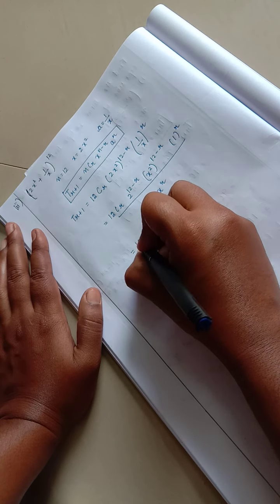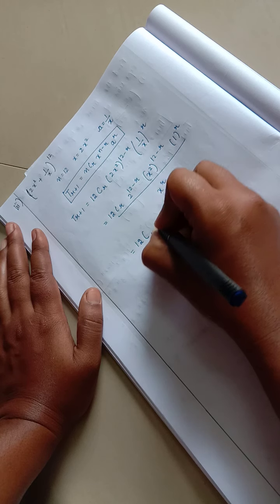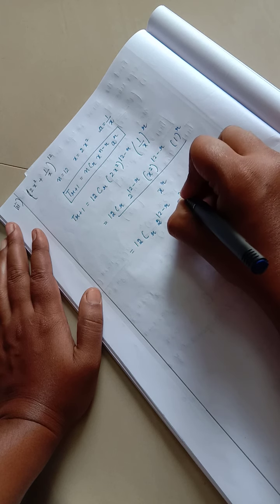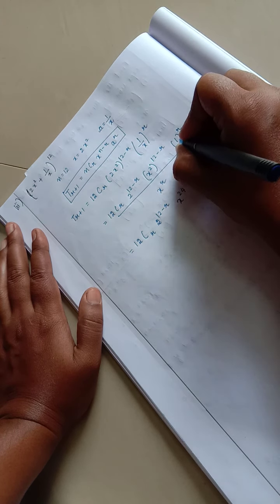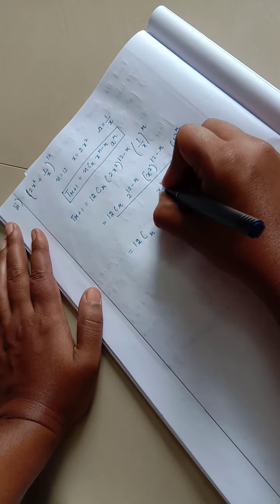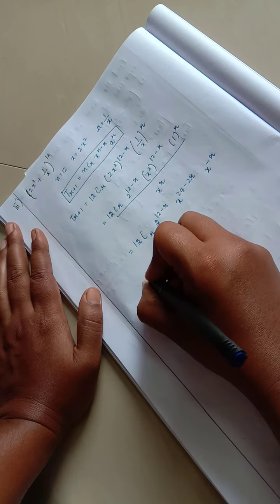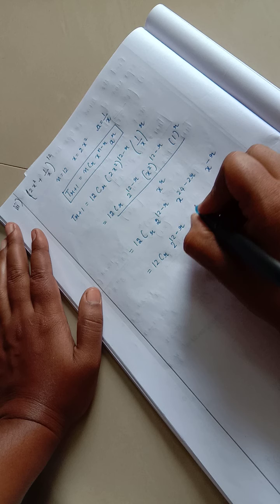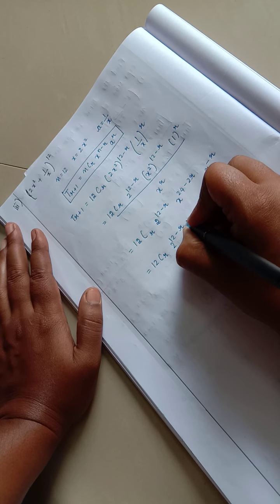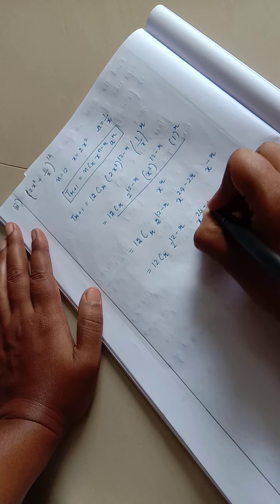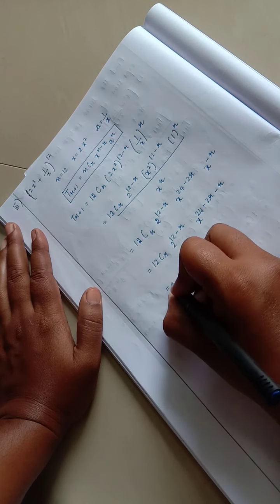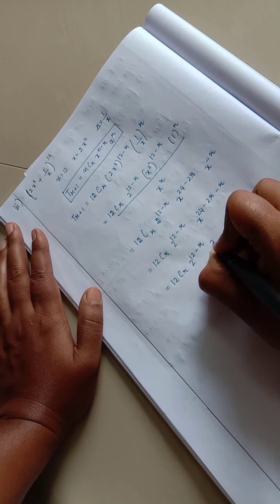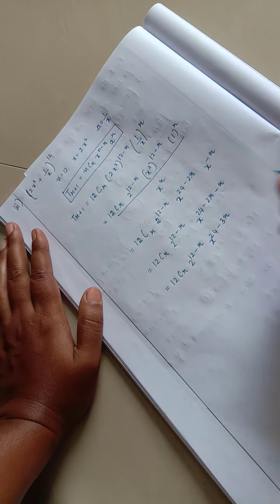Then you just get 12Cr, then 2 power 12 minus r, okay, then x power 24 minus 2r, then this 1 power r is anyway the value is 1, then you just take it to the numerator, so minus r. So 12Cr, then 2 power 12 minus r, then what you will be getting here? This minus r also will be there, then x power 24 minus 2r, then minus r. So that implies 12Cr, then 2 power 12 minus r, then x power 24 minus 3r you will be getting.